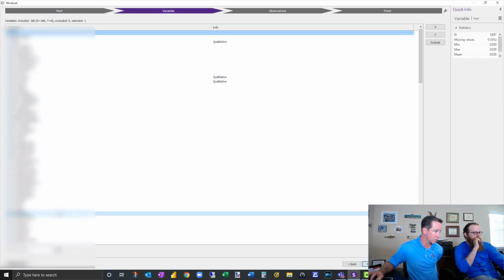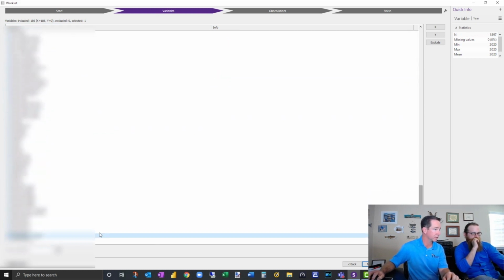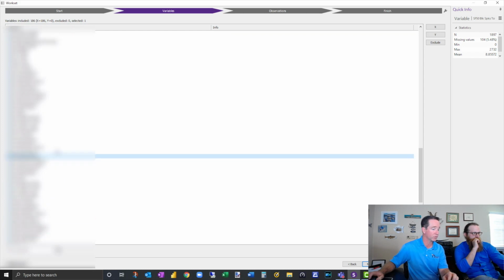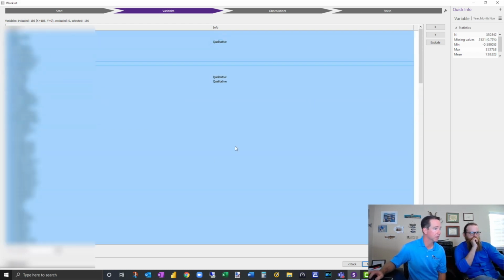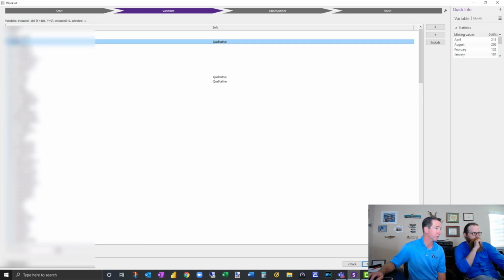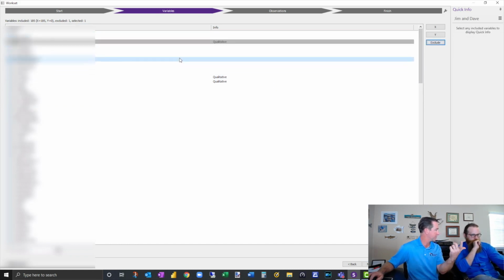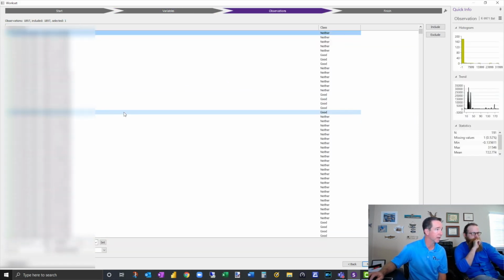Okay, so I'm going to go ahead and select all of those. These are all my X values. I think I can do a control A? Yeah, I can do a control A. I could choose to exclude any of these if I want, right, from here, right? So like if I want the month, I want to exclude that, I can exclude it because I've got the month number in there too, right? All right, so let's go ahead and do that.